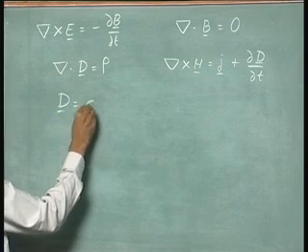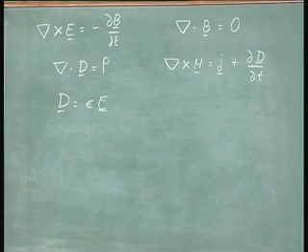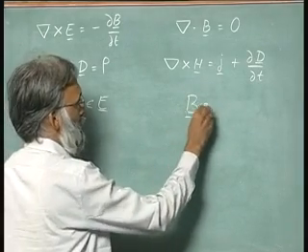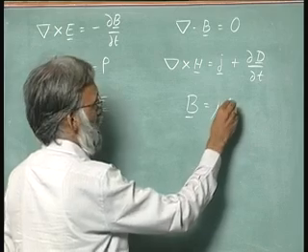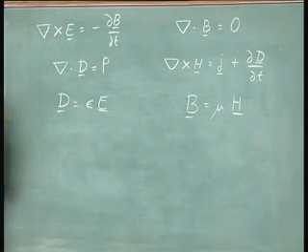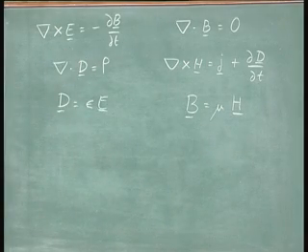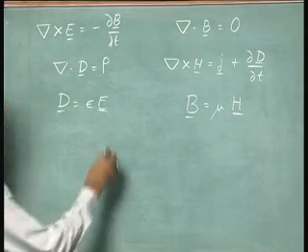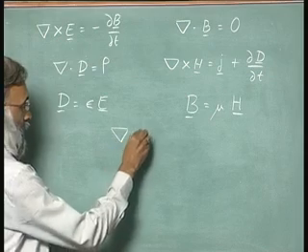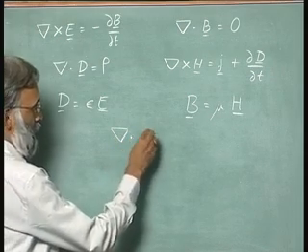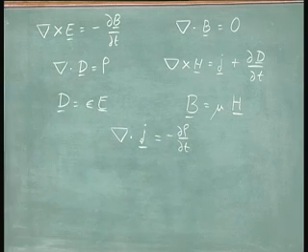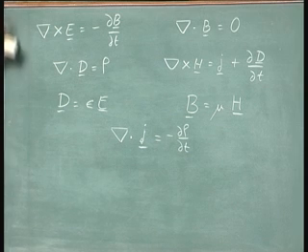D is equal to epsilon E, where epsilon is the permittivity. B is equal to mu H, where mu is the permeability. And we have one more equation which connects rho and J, which is divergence of J is equal to minus del rho del T. So, these are the equations that define the field,